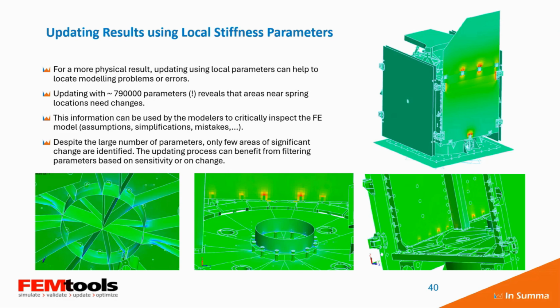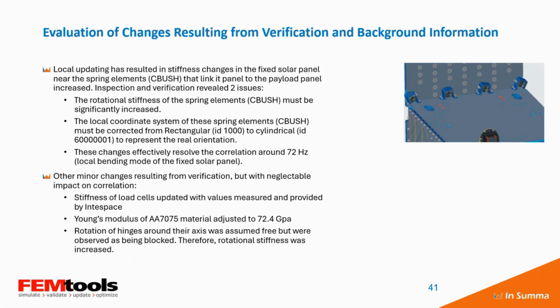which are highly uncertain. Now, you can think that using 790,000 parameters, it's huge computation time. No, for 5 iterations, we're talking about something like 2 hours computation time in total. Which means five iterations. So confronting this result with background information that was available from the customer, it was